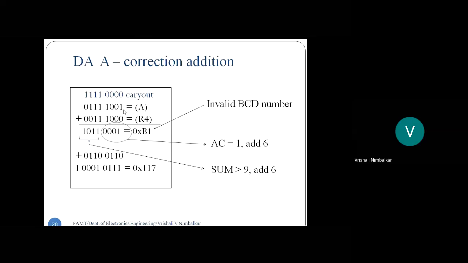Now in the blue color, I have mentioned the carry outs. So addition will be 1 plus 0, 1; 0 plus 0, 0; 0 plus 0, 0; and 1 plus 1 is 2, 0 and a carry. It means I got an auxiliary carry from lower nibble to upper nibble. Correct. So the auxiliary carry was set. It means whatever answer you have here is invalid. 0000 0001 got an auxiliary carry. It means it's an invalid number. You have to add 6 to make this number valid.